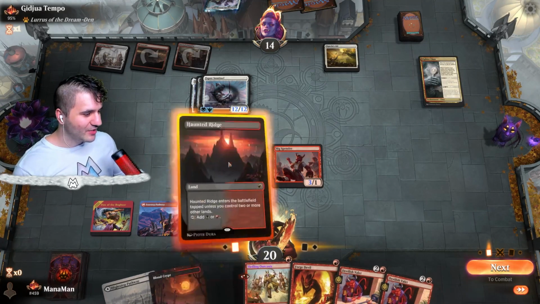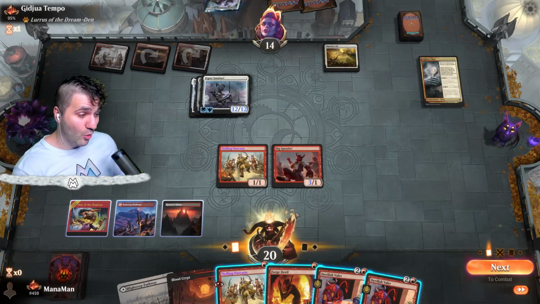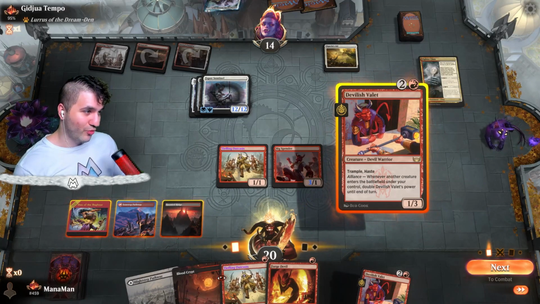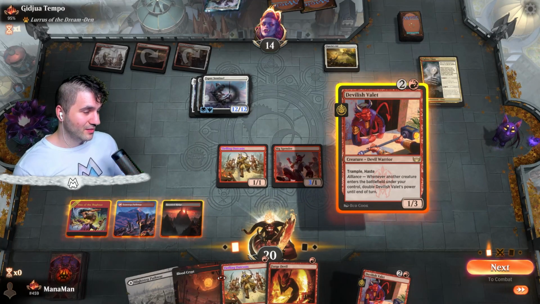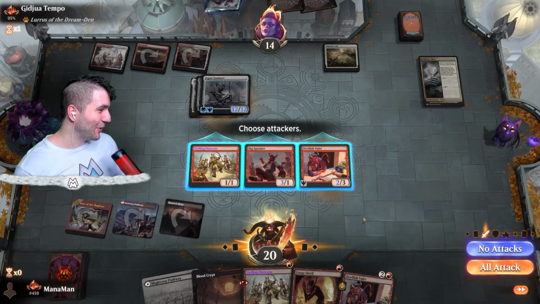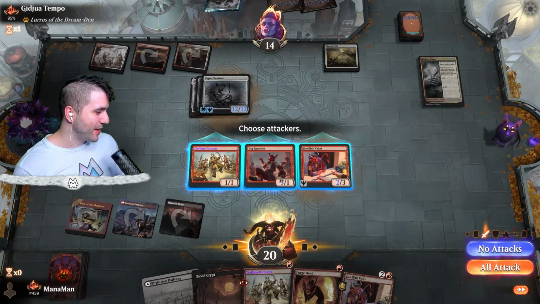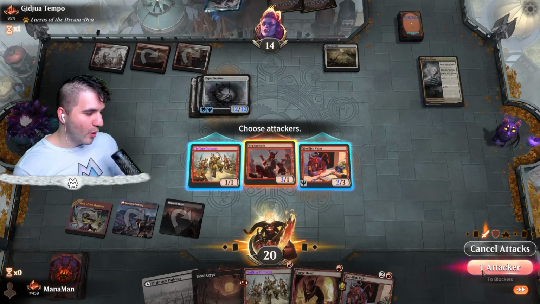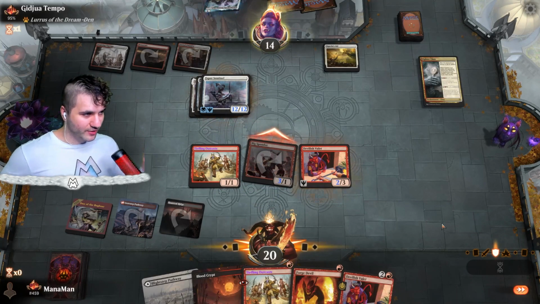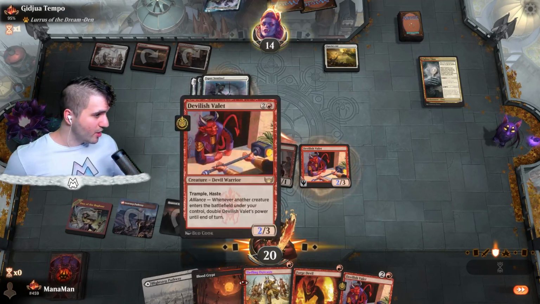Unfortunately, I do not have any sort of way to kill them. So I'm just trying to think of what I actually can or want to do here. I think we're going to go in for Devilish Valet and just pray. I don't think we really have any other option here, so maybe I should swing with the big spender. I understand, like, why in the heck are we swinging with the big spender? Because the only chance we have here, the only chance we have is to absolutely explode with this